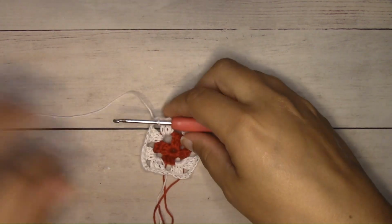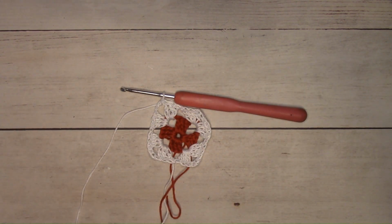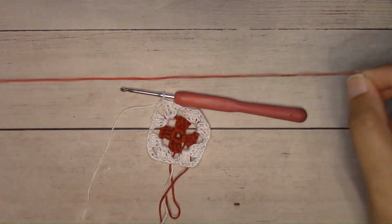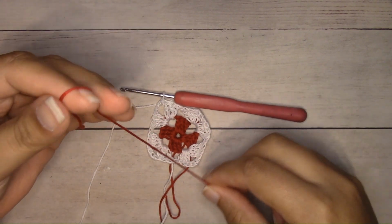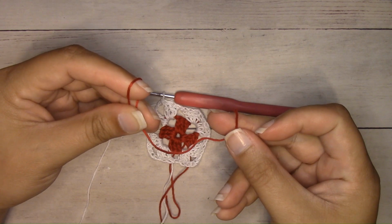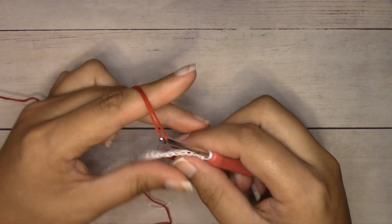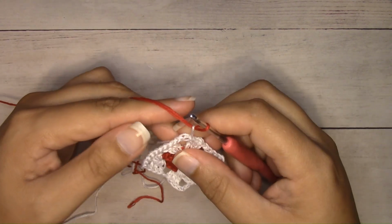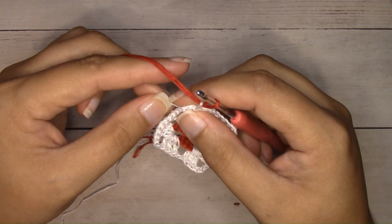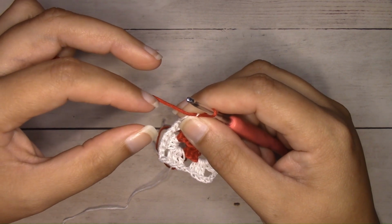Then I'll grab my new color. In this case it's going to be red, and I should have carried up from before, but I didn't think about the color sequence until after. I am forming a loop here with the tail end long enough I can comfortably weave in. I'm going to put this loop on my crochet hook and pull it through. Then I'll grab the white, the original tail end that I'm switching from, pull on that tail so that the white disappears. Drop the white, drop the red tail,